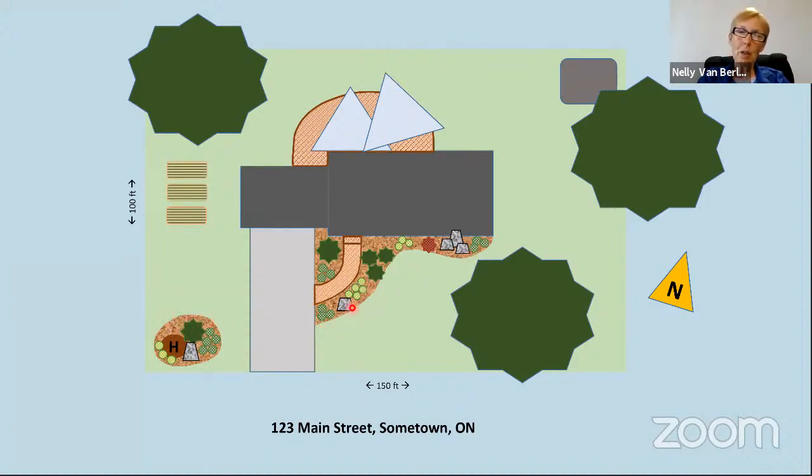And then we did some curving lines of a bed in the front to add some more interest, a curving pathway, and we try to do repetition of plant material. You can see the different shrubs there and there, and these represent boulders or stones. And again, you could put a stone here to kind of hide it. So that kind of makes it match with some different textures of the hardscape, texture of the mulch, texture of